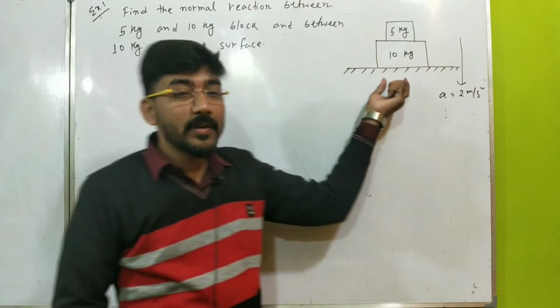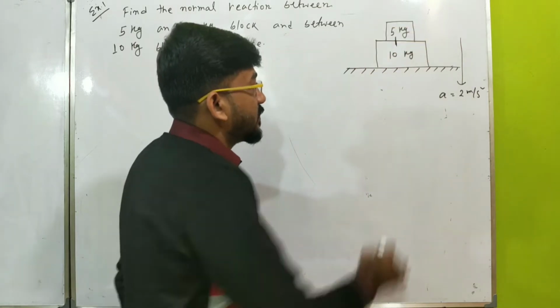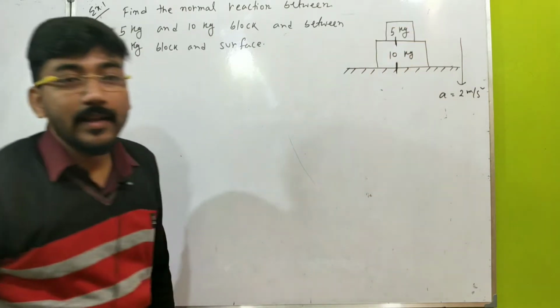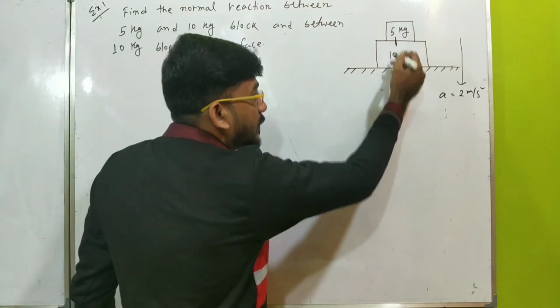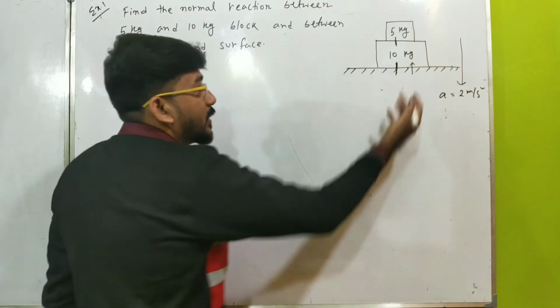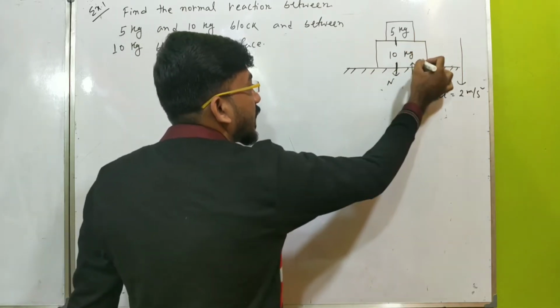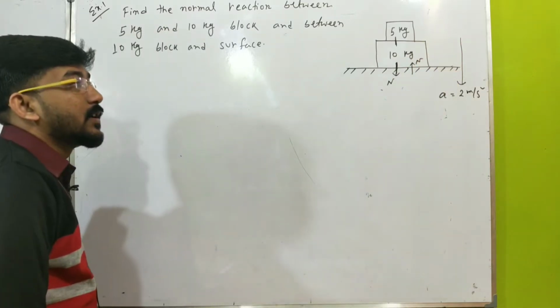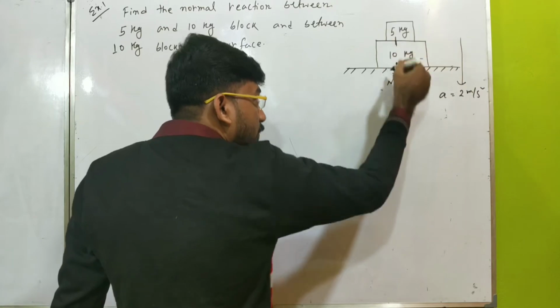So here two normal reactions appear. One is between 5 kg and 10 kg block, another is between 10 kg block and surface. And as this is a reaction force, you know, if this 10 kg block will give a force on the surface, then the surface will also give a force. Let me take that the 10 kg block gives the surface a force N, so the surface will react with the same force N. Similarly, if we take here that the 5 kg block gives a force on 10 kg block N1,